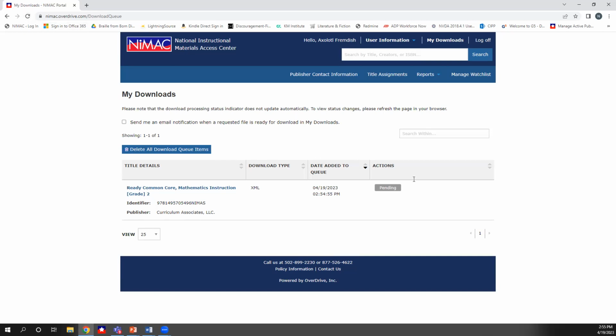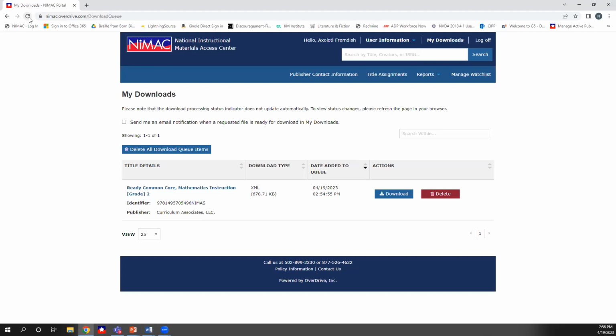You see here when we go to My Downloads, I see that this is a pending download, which means that the processing hasn't completed yet. And I will just also note that when you are on this screen, it will not automatically refresh. So if you're seeing pending or processing there, you do have to refresh your own browser in order to see when that has changed. So this was relatively quick. If we had a file that was maybe 700 megabytes, that process is going to take a little bit longer.